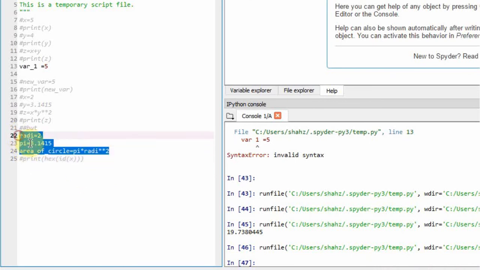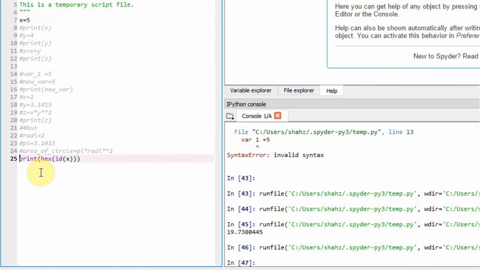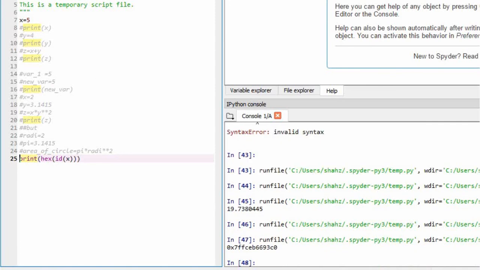The last thing I want to tell you in this lecture: I'm going to comment this out, and say x is equal to 5. Now I was talking about the address of the container, what the address of the container does. So here is the function, and now I am calling the address of that variable. If I run this, I get the address of that particular container in which the value 5 of x is being stored, right?